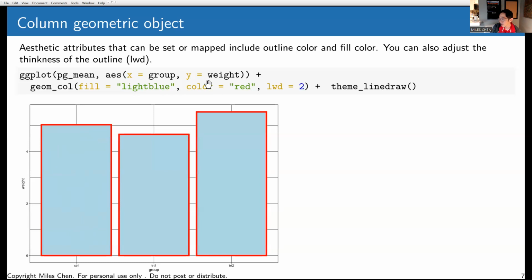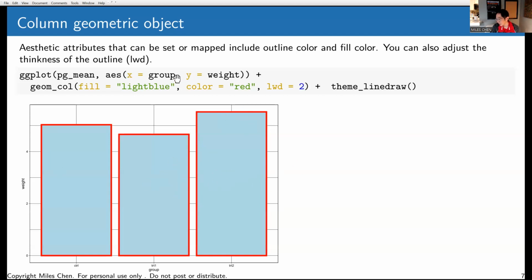And then the color here is actually the outline color. So here I said fill color is light blue, outline color is red. What color choice is this? I want to say like the Montreal Expos or something. But anyway,